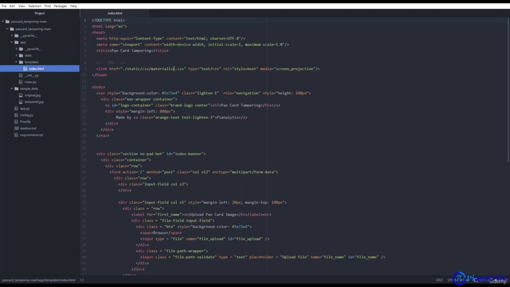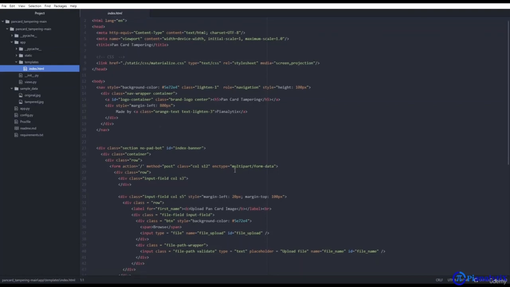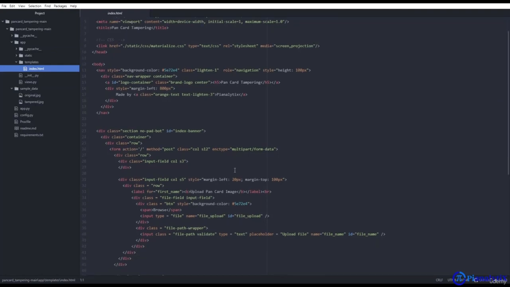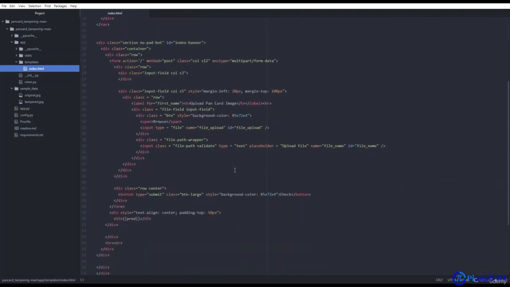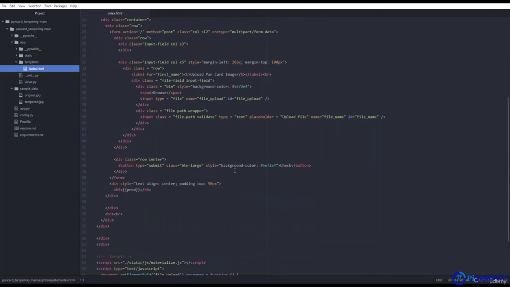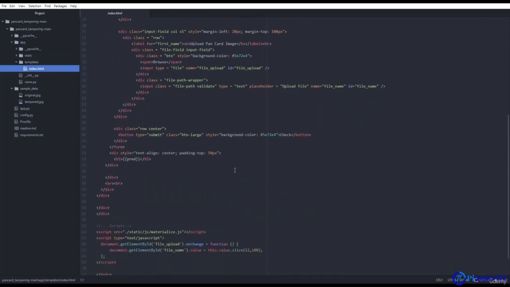All these functions are related to HTML: setting the body of the app, setting the navigations, creating divisions, containers. You can go through this and you can design it on your own also. So this is how I have designed this app on my end. You can change this and set it according to your design.